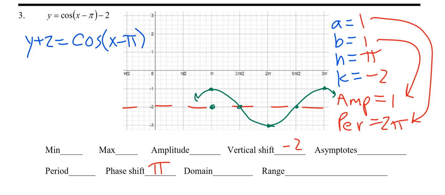Any questions on that? I mean, now's a good time to ask me. Yes, sir. So, in terms of the unit circle, if I were to look at cosine,